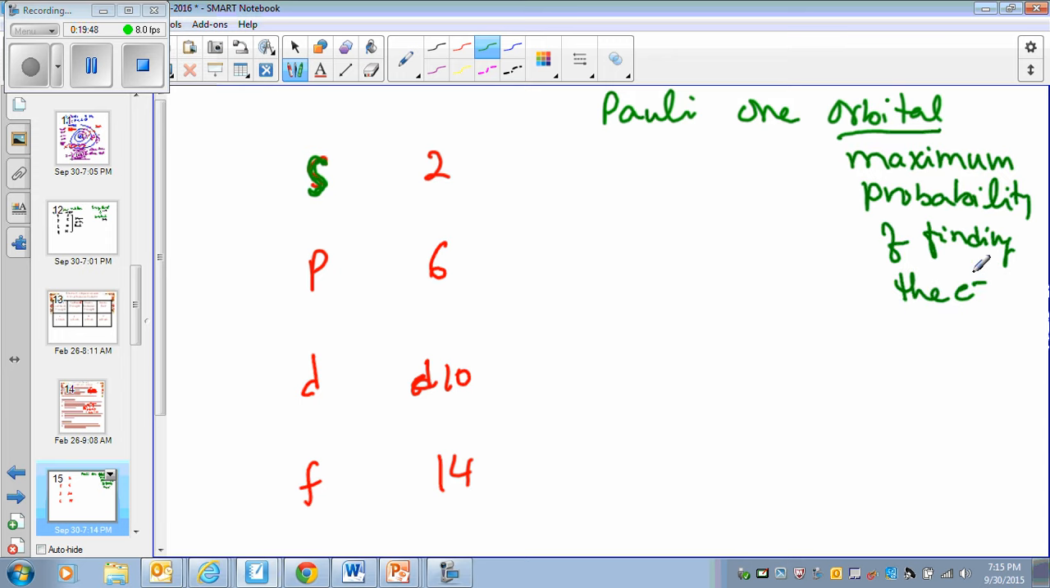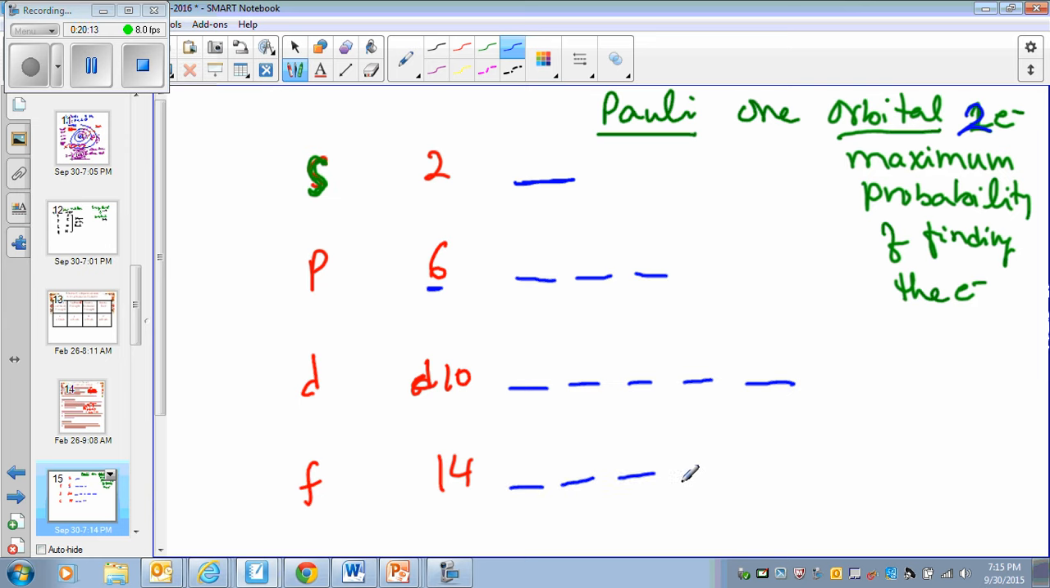Okay, so according to Pauli, one orbital can hold a maximum of 2 electrons. So based on this information, I need only one orbital for S. P has 6 electrons, and if one orbital can hold 2, I need 3 orbitals for P. I need 5 orbitals for D, and I hope you can do the math by now that I need 7